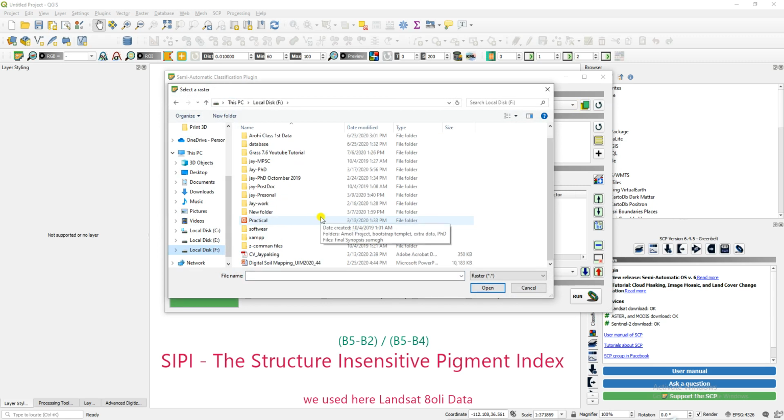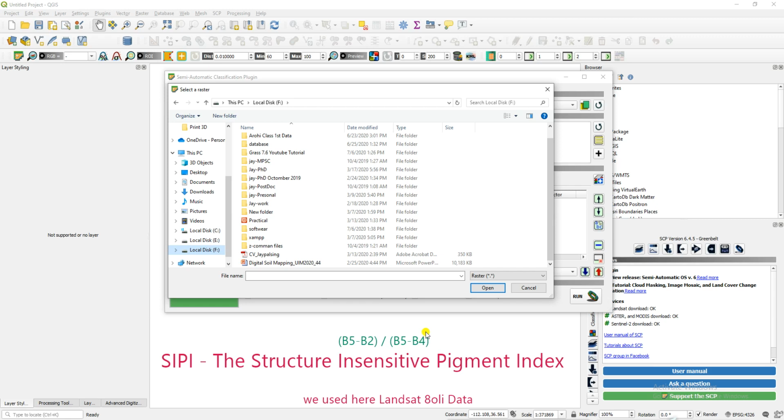I'm using Landsat 8 data, so just concentrate on that. Band 5 is near infrared and band 2 is the blue band. The combination is near infrared minus band number 4, which is the red band in Landsat. Concentrate on the band names: red band, blue band, green band, the RGB bands. But all satellites have different band combinations.